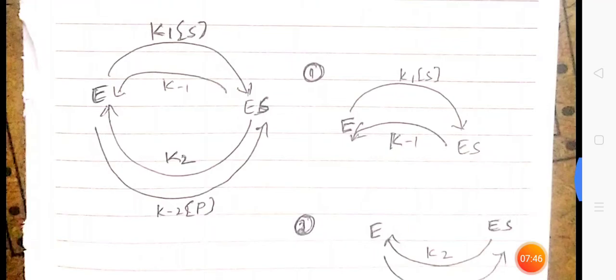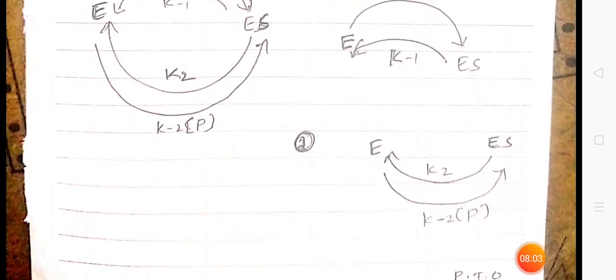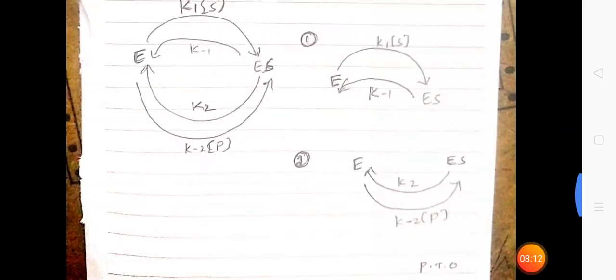So in the first picture you can see on the right side, the forward reaction, it is enzyme plus substrate, K1 into substrate concentration. So it is the enzyme plus substrate, and the reversible reaction is K minus 1. In the second reaction you can see it is enzyme plus substrate, K2, and if it is reversible, enzyme plus product, they can form the K minus 2 picture. So in this way you can see the pictures cannot form a closed loop in the two pictures. I will show the points also in the next slide.